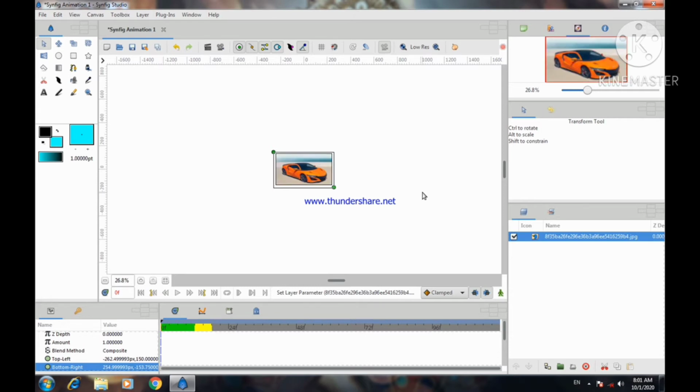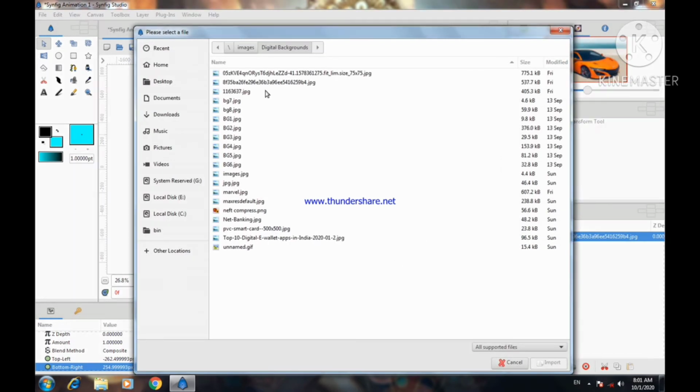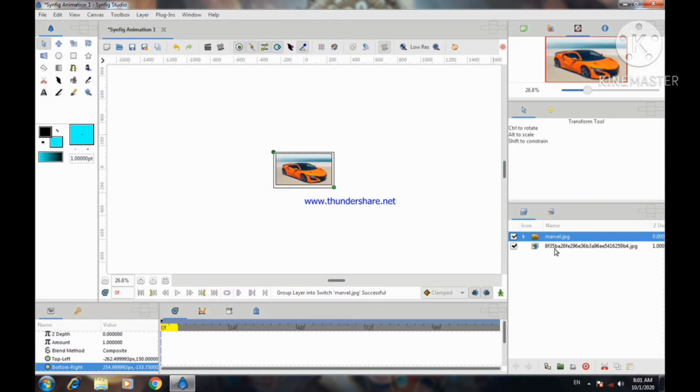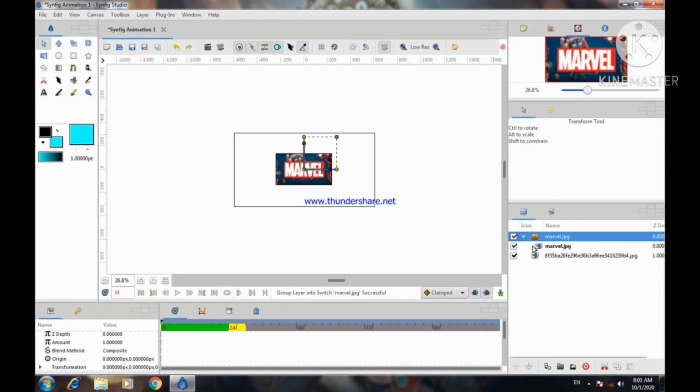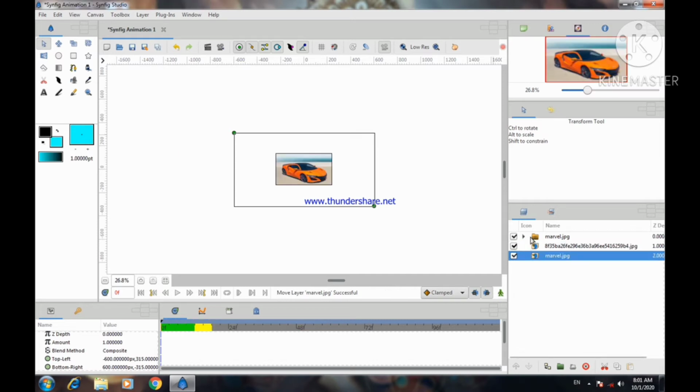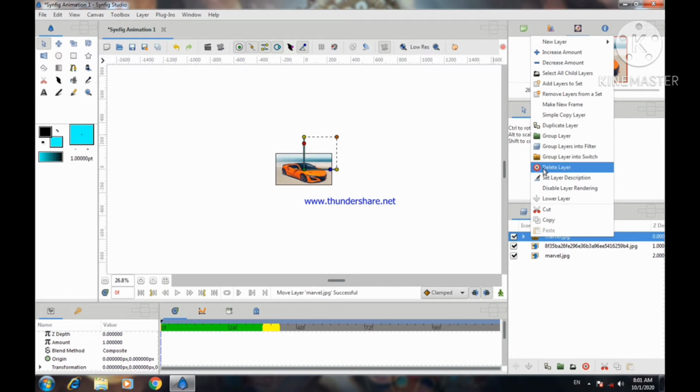like this. Again Ctrl+I, select another image, remove this image from the inline and delete this.